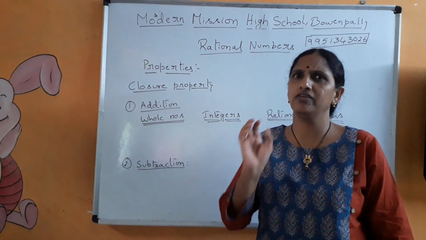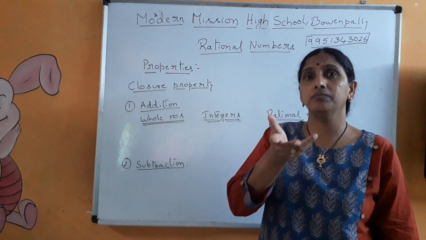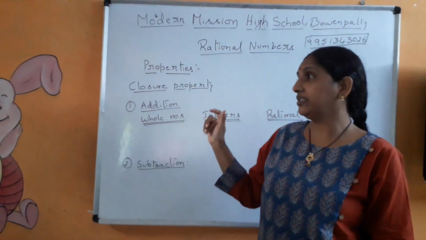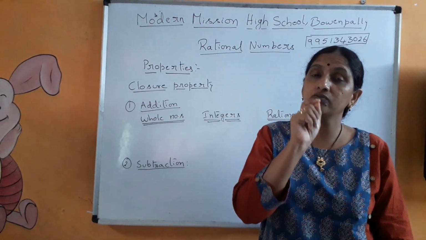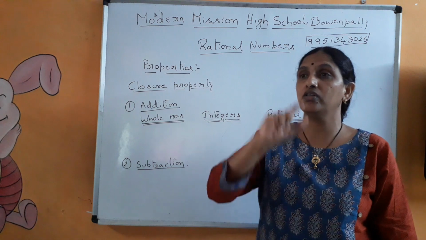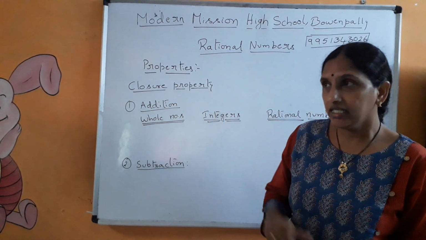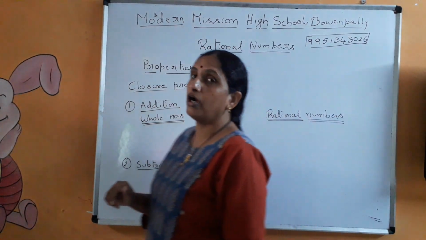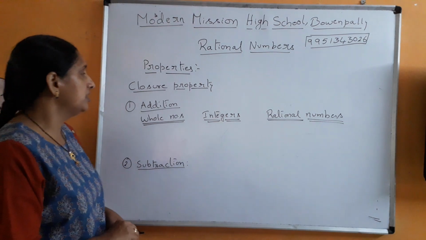It is very common that whenever we define numbers or learn a new type of number system, it is very important for us to know whether all the operations work on them or not. If so, what is the result? Those are called properties of numbers.